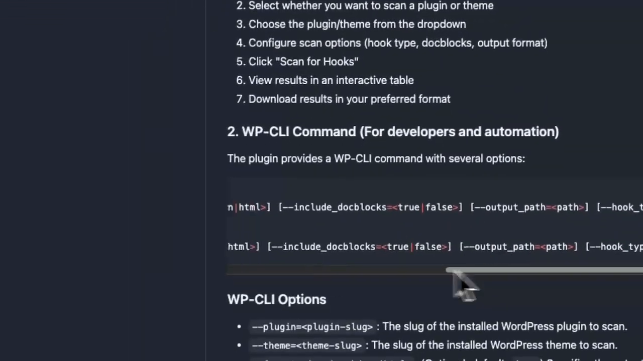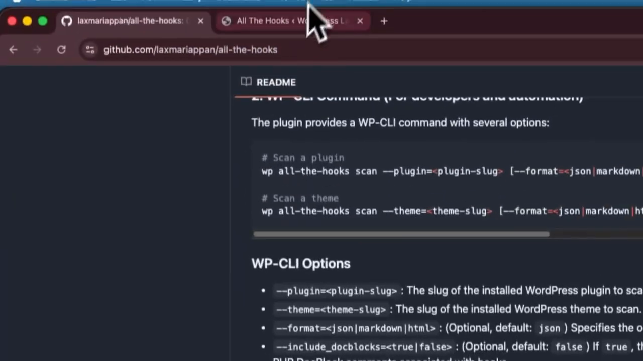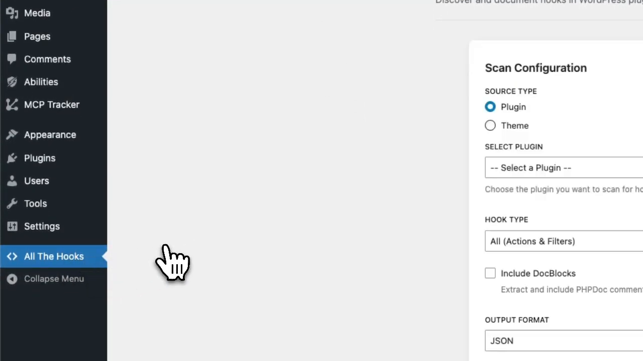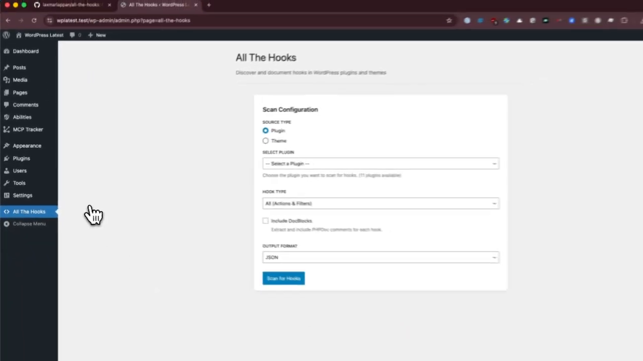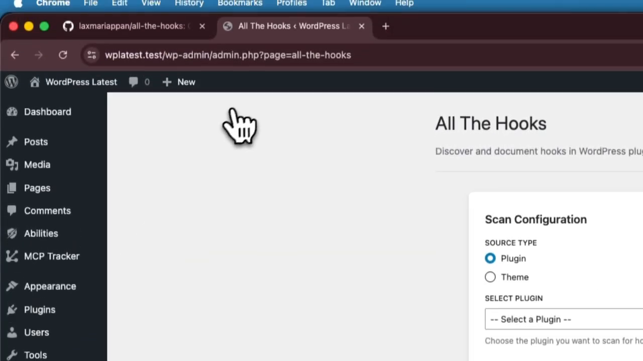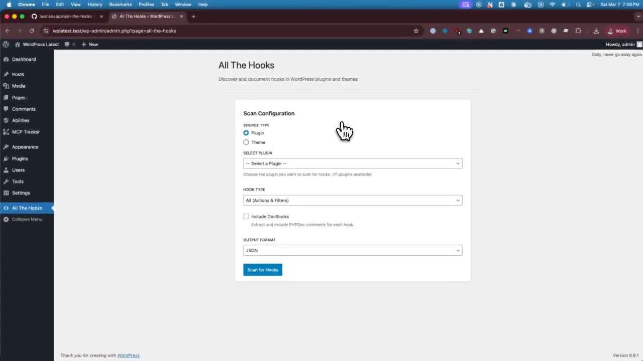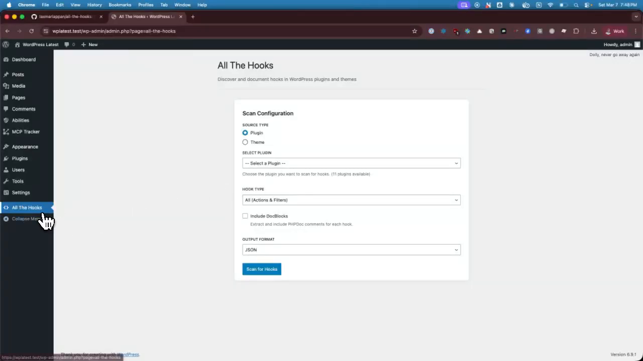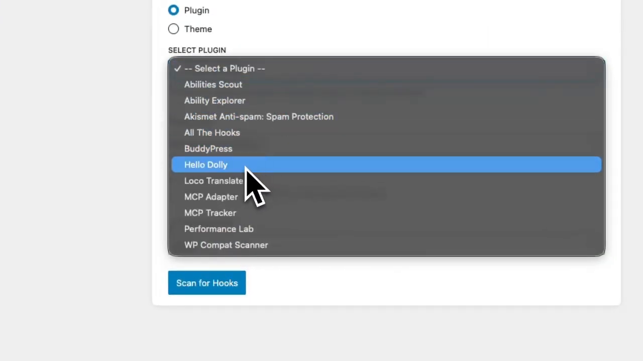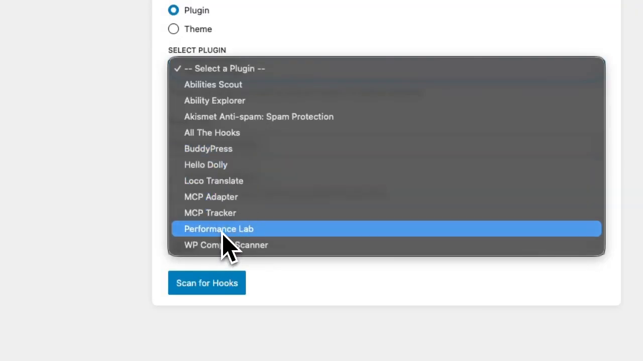Let's take a look. So here are the commands. I installed it in my local dev site. Once you install and run the installation, you have to install the npm packages and stuff. Once you have it, you get this screen. You activate the plugin, go to the All the Hooks screen. You can see the options, plugin or theme. If you choose the plugin, let's say I want to take a look at Performance Lab,